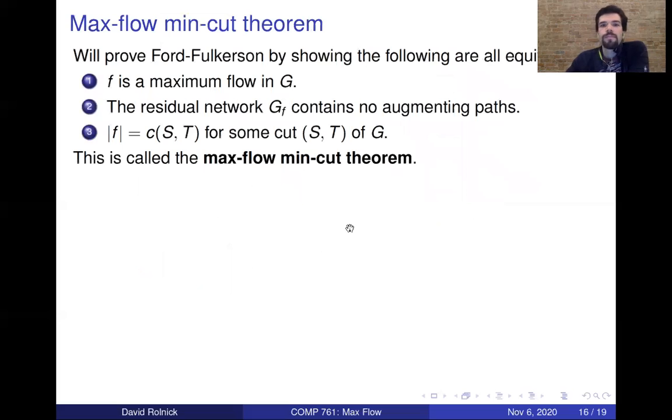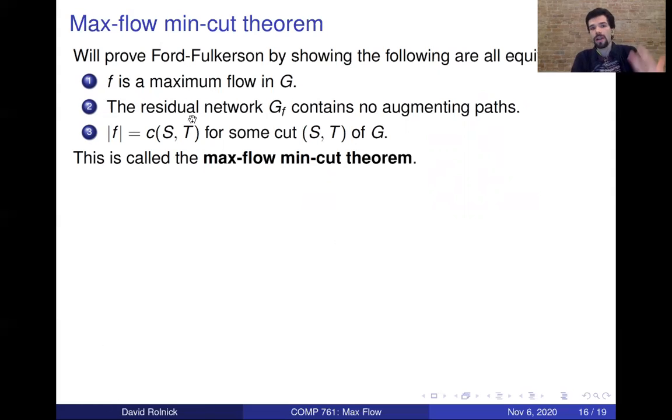So we're going to prove the Ford-Fulkerson method by showing that the following are all equivalent. That we have a maximum flow, that the residual network contains no augmenting paths, and that the value of the flow equals the value of a cut for some cut in the graph. This is called the max flow min cut theorem,